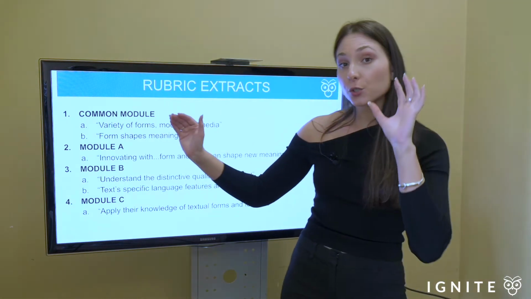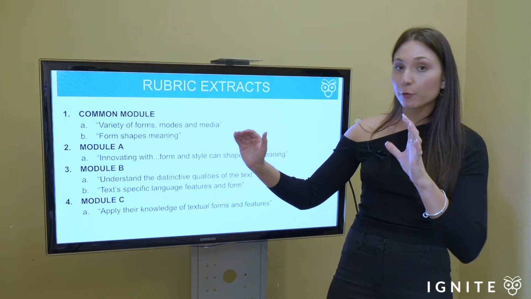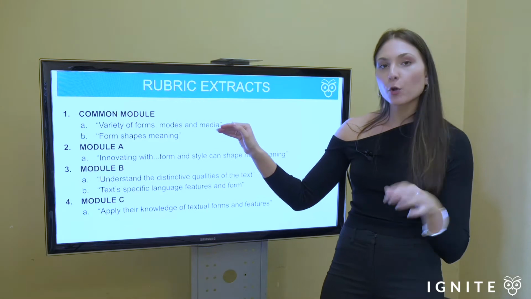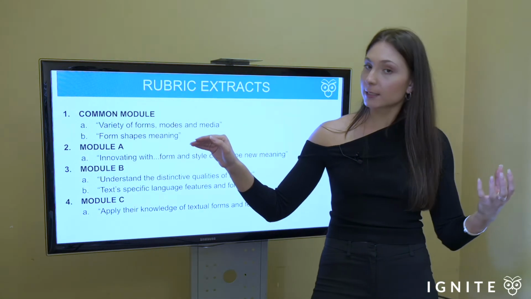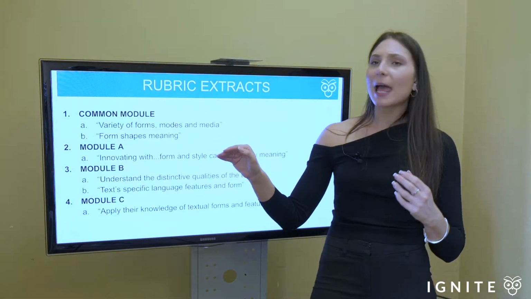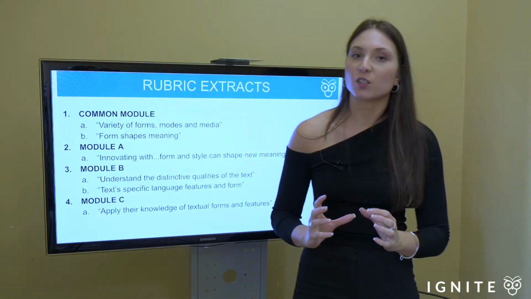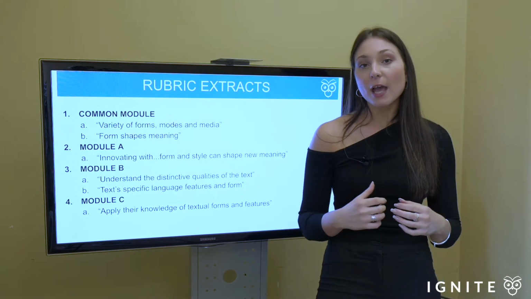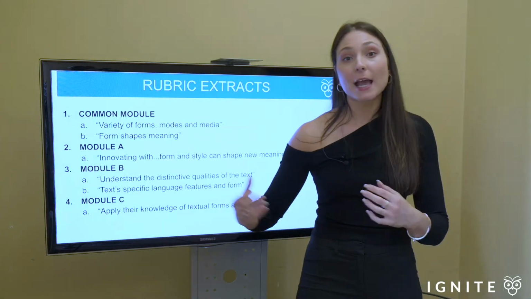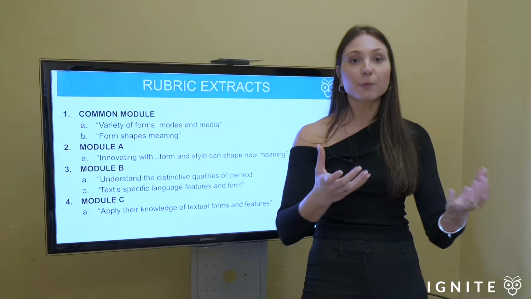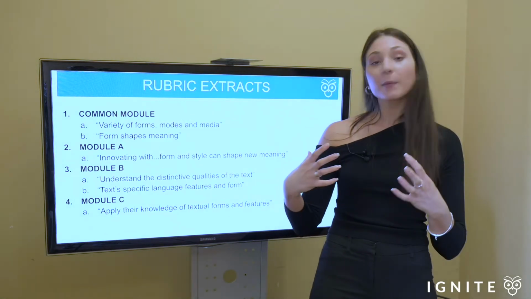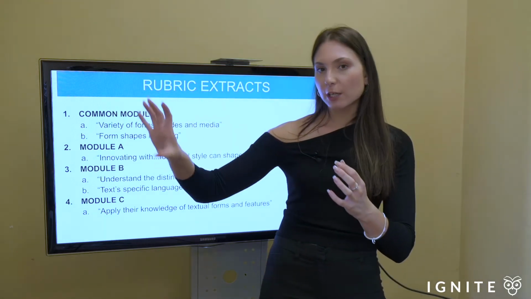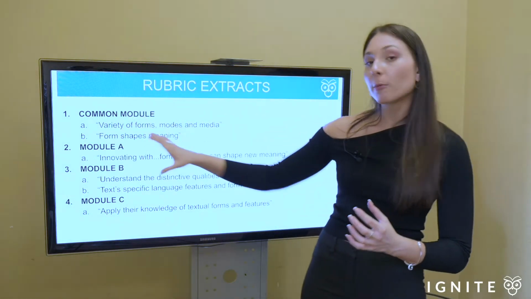And with relation to your prescribed text for that module, whatever it is, you want to think about how form shapes meaning. If your composer in your prescribed text for the common module has a particularly political message they want to convey, or they really want to confront their audience with a message, the theatrical form may be an apt way to do that. It's visceral, it's performed live. So you want to think about how a composer has selected that particular form to convey meaning. So that's where it's seen in the common module rubric.